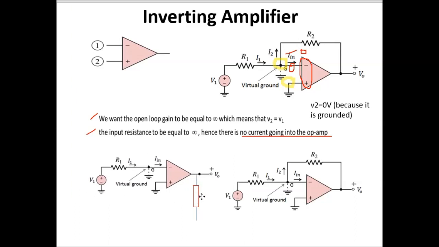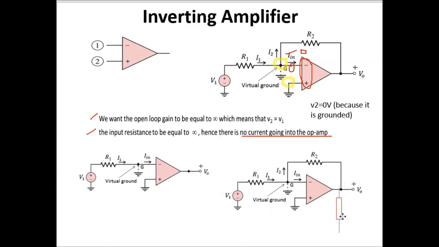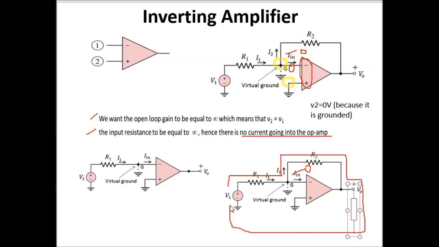So by having R2 in your circuit configuration, you will allow the current to flow through R2 like this. Let me show you. The current will flow here. So your I1 will split into I2 and this is your 0 current. So basically I1 and I2 are the same actually, and it goes to your RL and completes the circuit. So this is in your closed loop mode. So that's why R2 is very important.